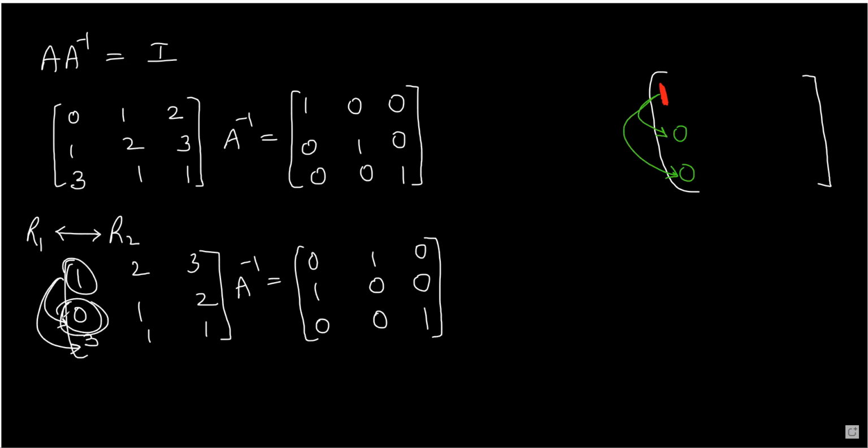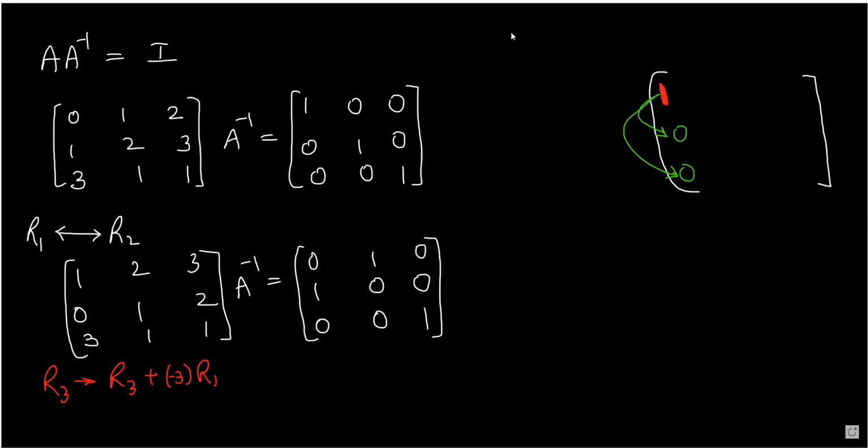Now here I have already 0. So only thing I have to do is get that 0 at 3. Now how do I get 0 at 3? I'll have to add -3. And how to get -3? Multiplying -3 here. Okay. So understand the transformation. The transformation will be, I will write here, R3 changes to R3 plus -3 R1.